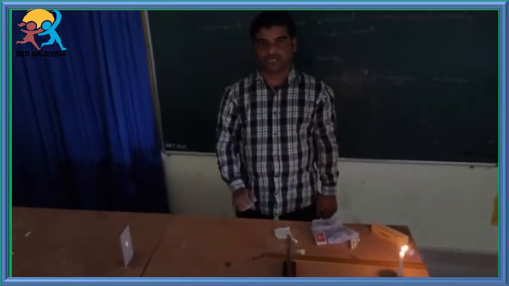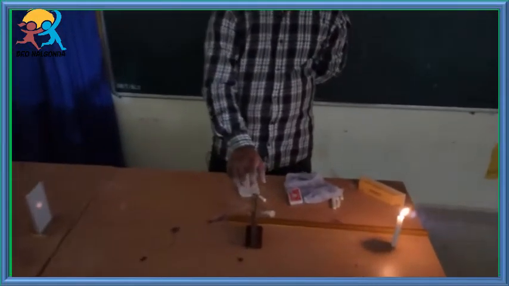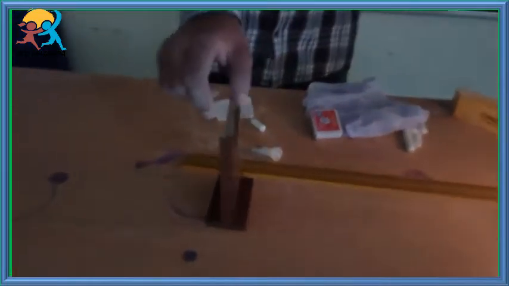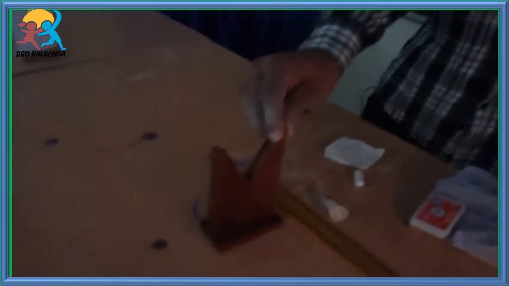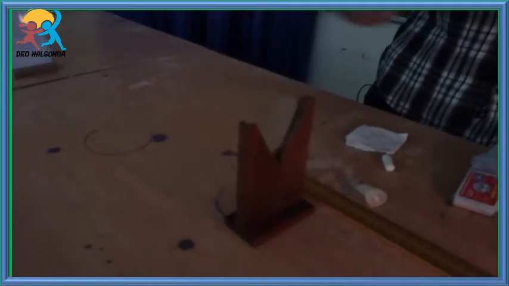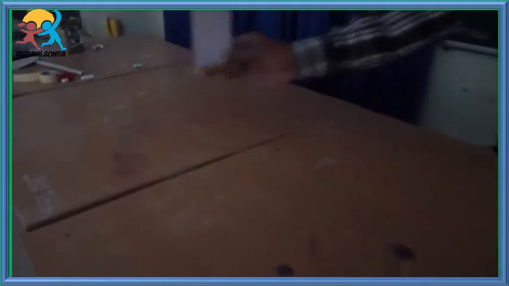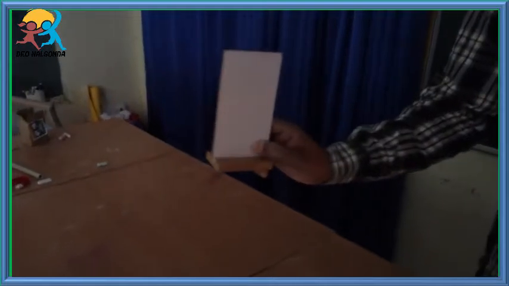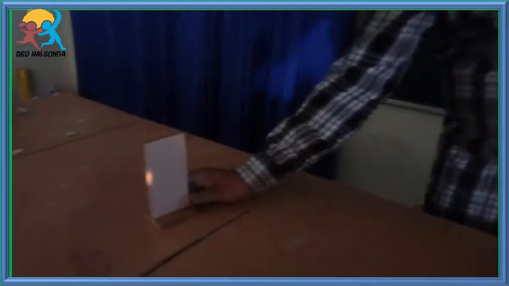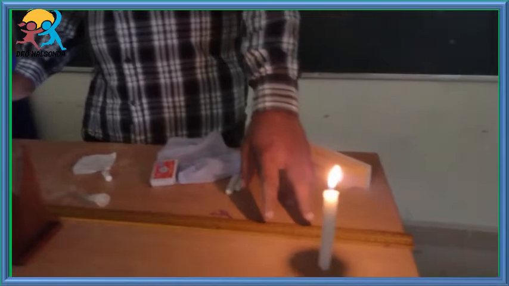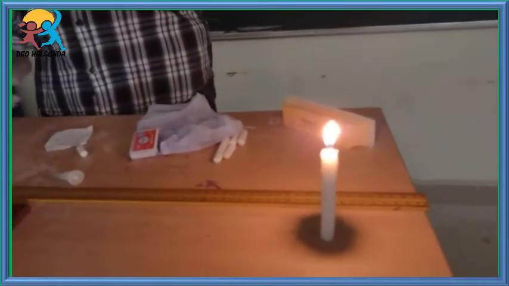The materials required are this convex lens, this V stand, this screen, and here a candle is taken as the object.